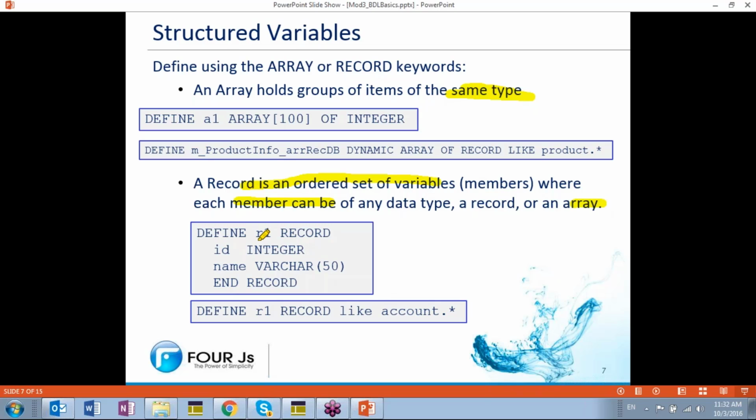So they can be kind of complex structures. Here's an example of defining an array. We have two different types of arrays. We'll get into arrays in much more detail later in the week. For right now, just be aware this is a static array, and I can tell it's static because it